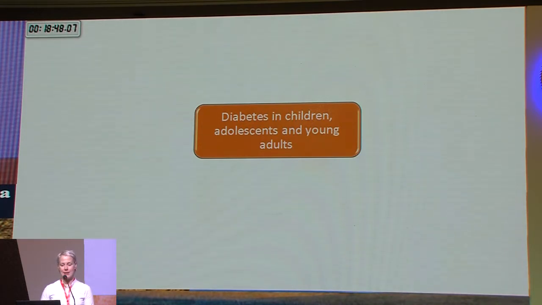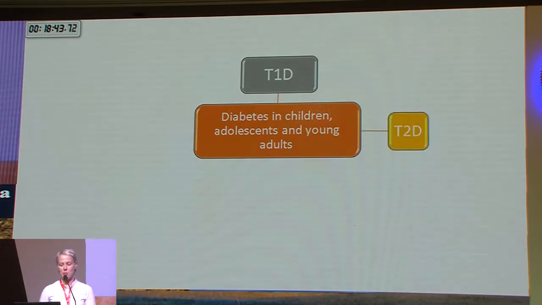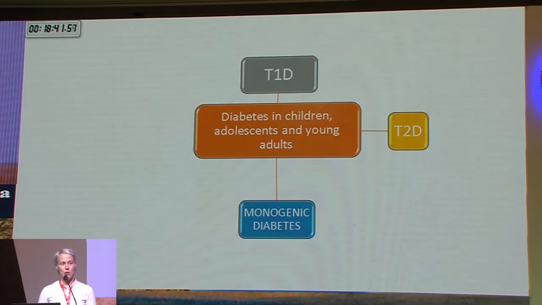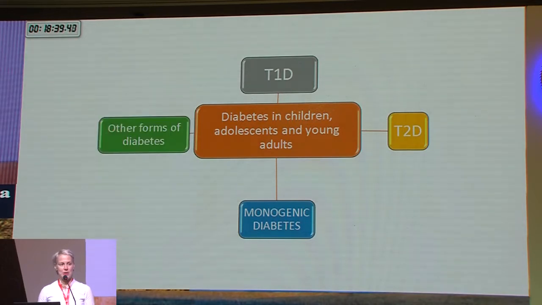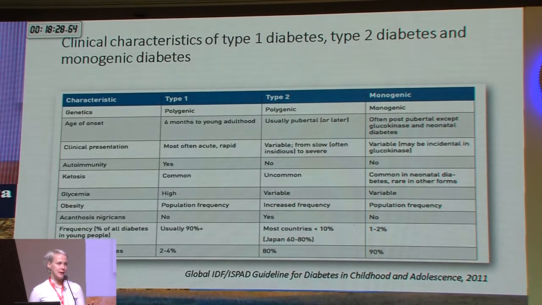and young adults, it's not a story only about type 1 diabetes, it's also a story about type 2 diabetes, about MODY, and about other forms of diabetes, how we can choose the typical form of diabetes for this category of patients. There are a lot of ways to understand what type of diabetes your patient has, but I just